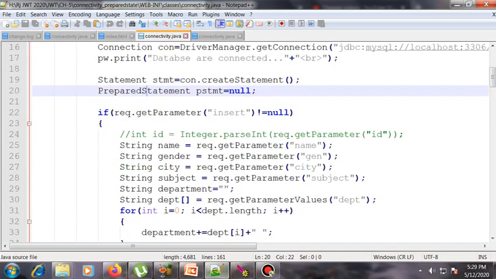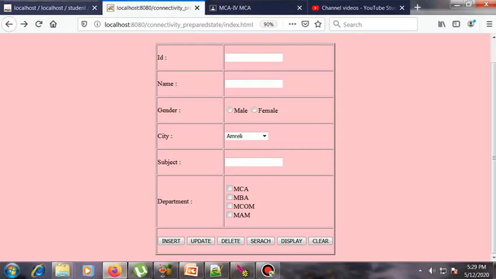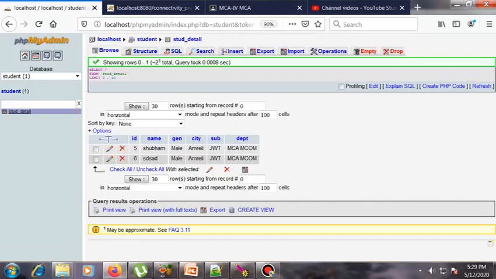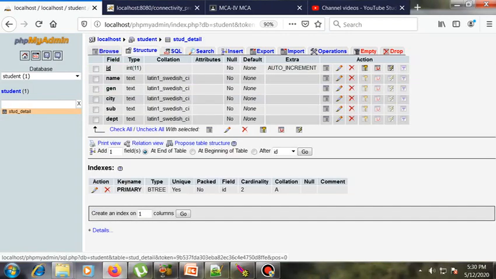Now here we are putting the ID, but we are not taking the ID as input. Why? Because the ID is auto increment.